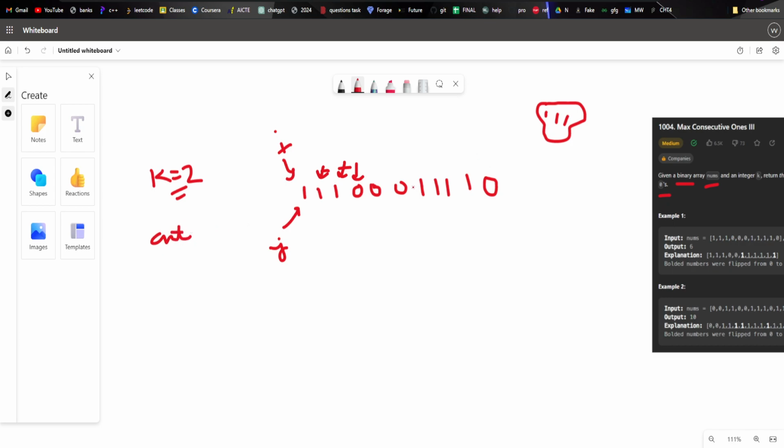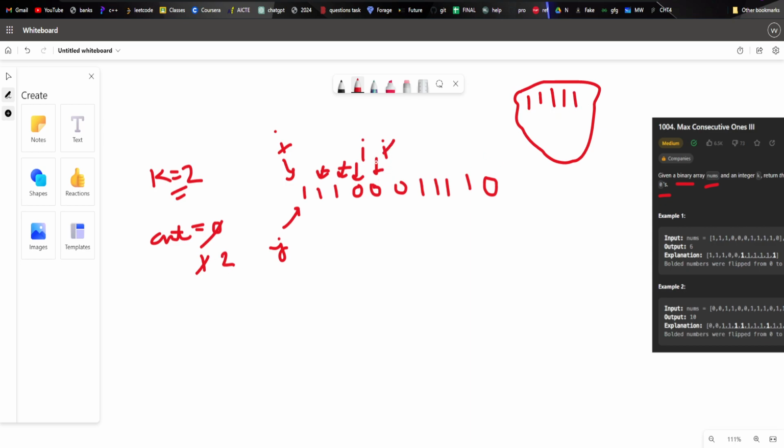At first the count is 0, but now when I take this zero, the count becomes 1, and I add it into my bag. Then I move my pointer, the count will be 2, and k is equal to 2.